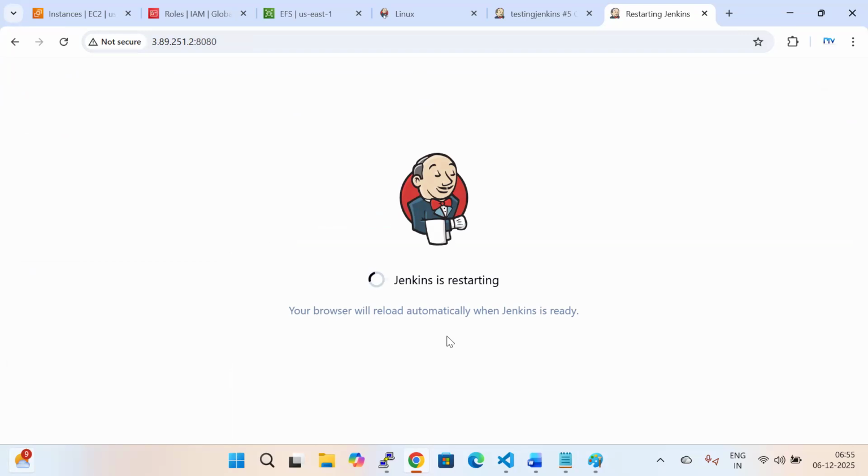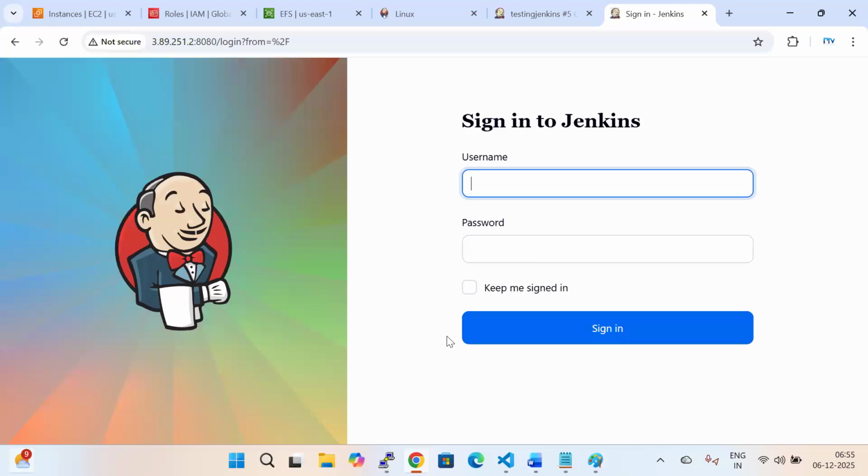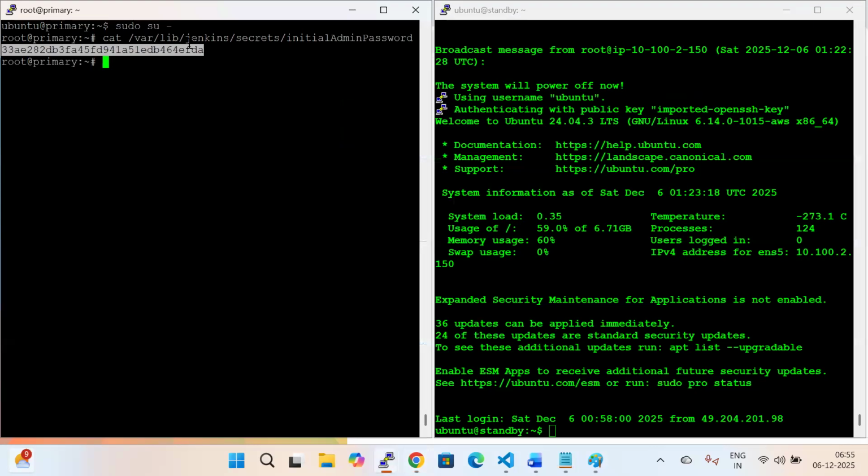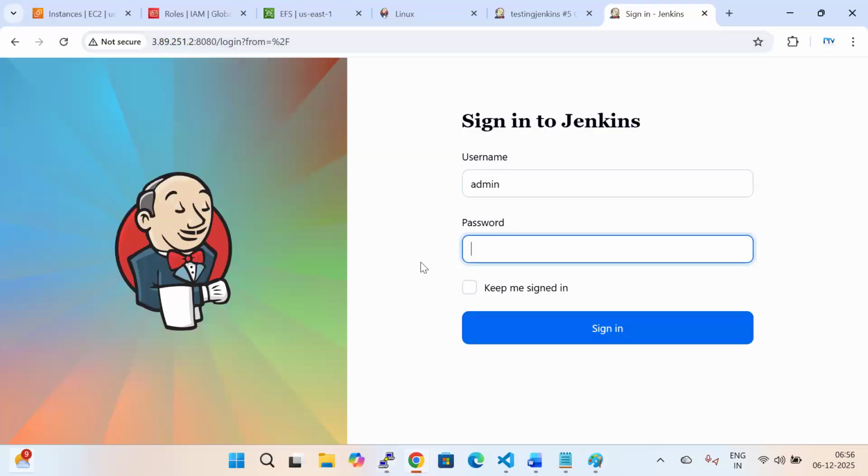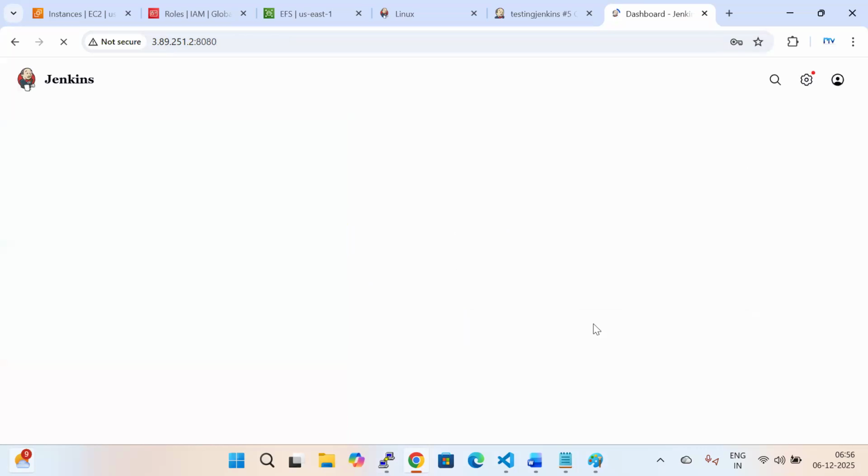To overcome this problem, what we are going to do here is set up a particular configuration. We are going to create a user called reload config, and with the help of that reload config, we are going to work. So let me show you that. Admin, and the password is the same, and sign in. Once you sign in, it will synchronize the fourth and fifth builds